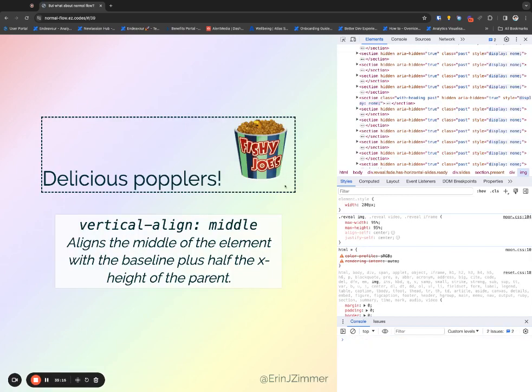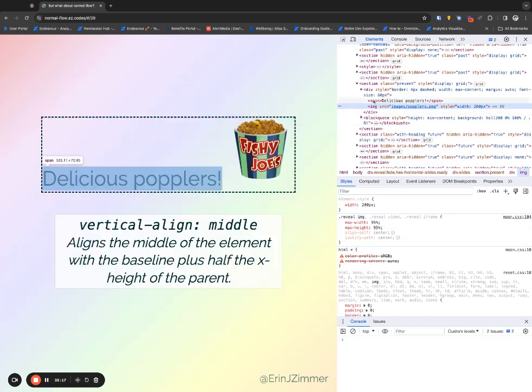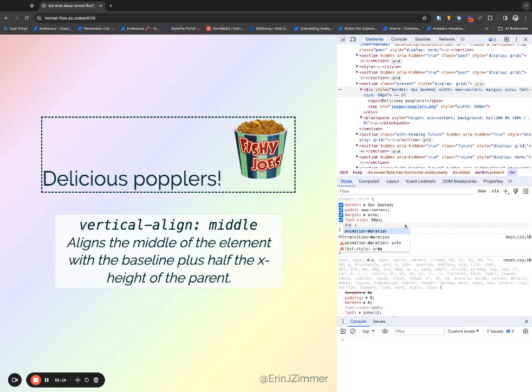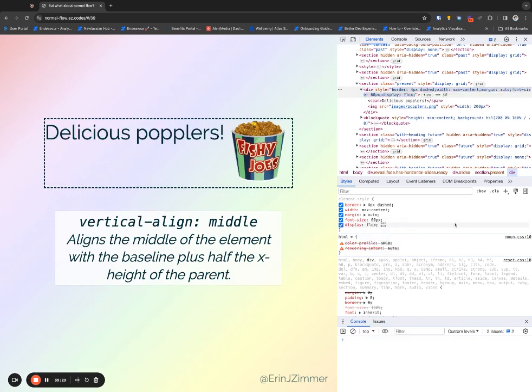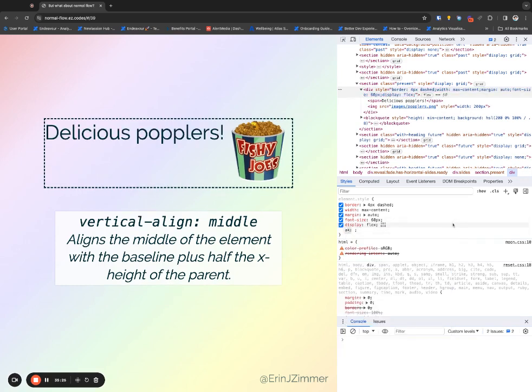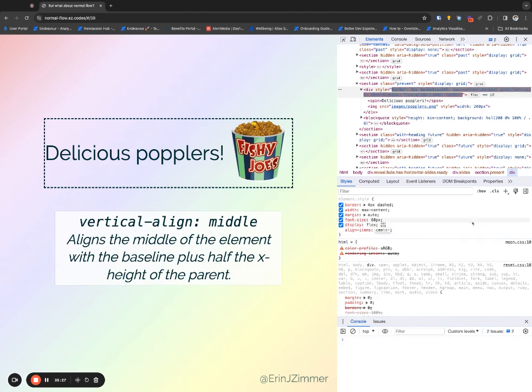The other option is that we can not use normal flow again, and instead we can put display flex and align items center on the two elements. And again, we get the same effect. They're aligned in the middle. The difference here is that if we use,